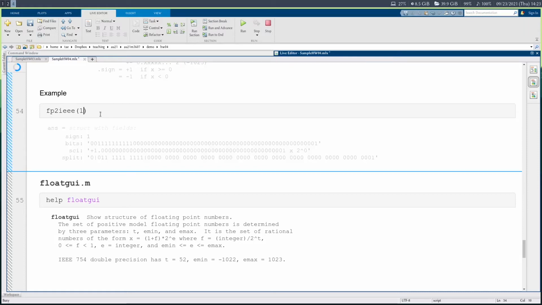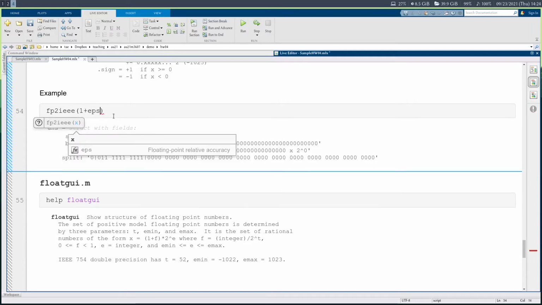1 is represented as 1 times 2 to the power of 0. And the next number that I can possibly represent will have 1 over there. So I flip the very last digit by adding EPS. Okay, so this is 2 to the power of negative 52. And when I do 2 times EPS, it's right there. Do 3, then the last 2 digits over here are going to be 1, as we can see, and so